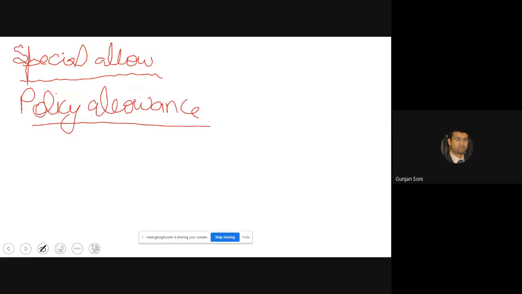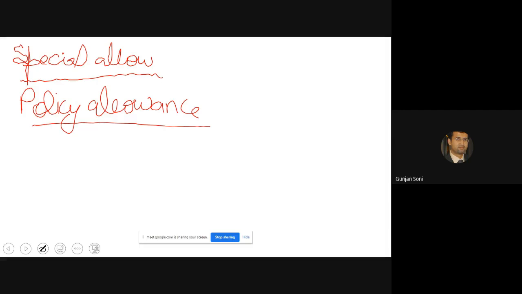So it's other than bonus; if a certain increment in the salary is there, this increment is because of the policy allowance and not because of the bonus which you are getting, and it is applied to the standard time of the work content to provide a satisfactory level of earnings for a specified level of performance.